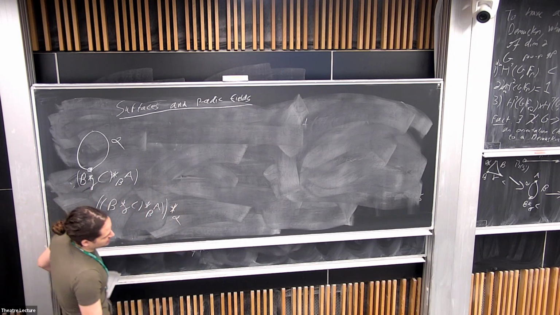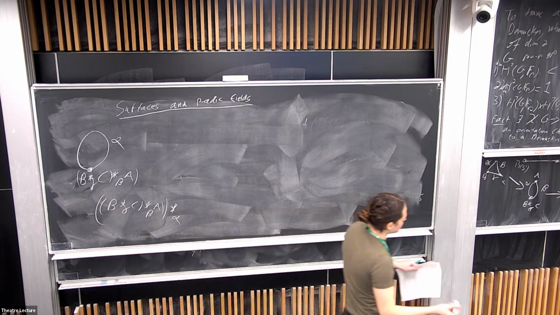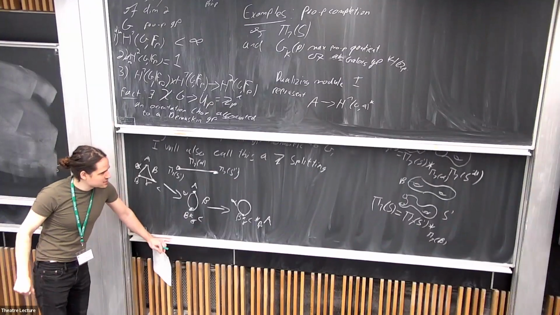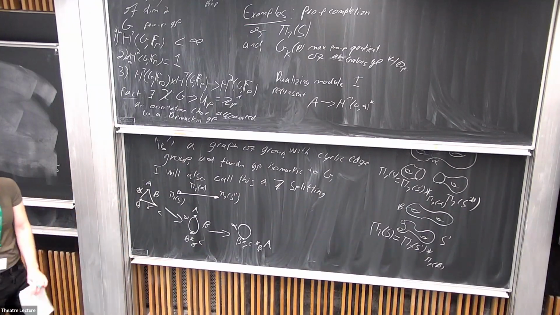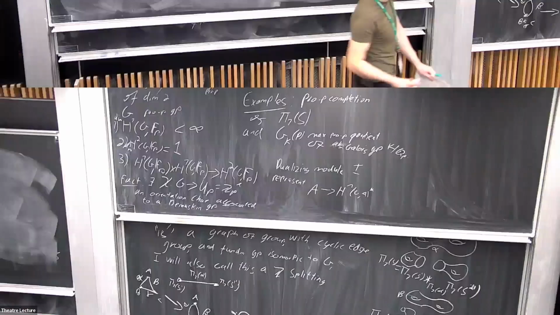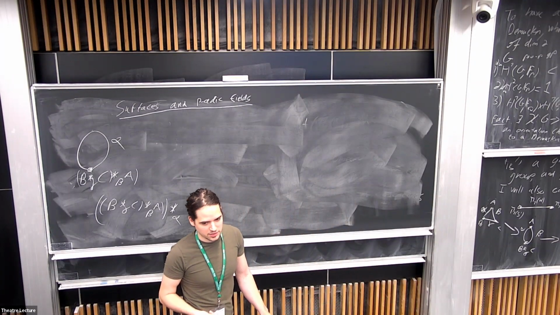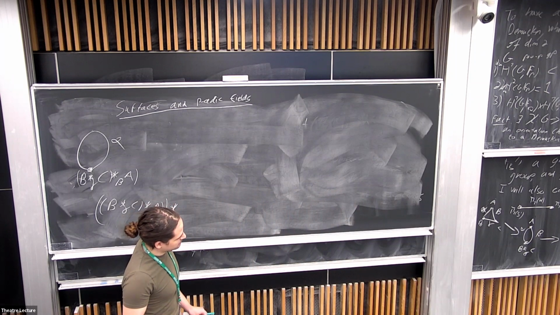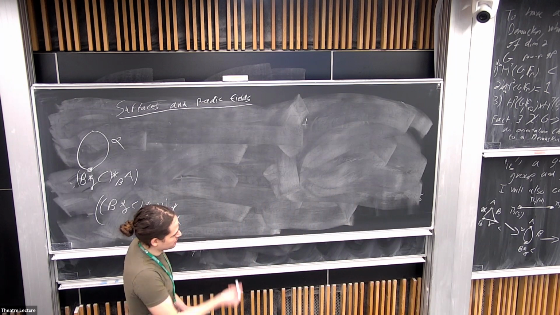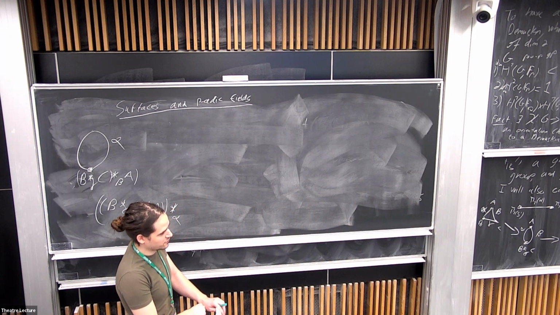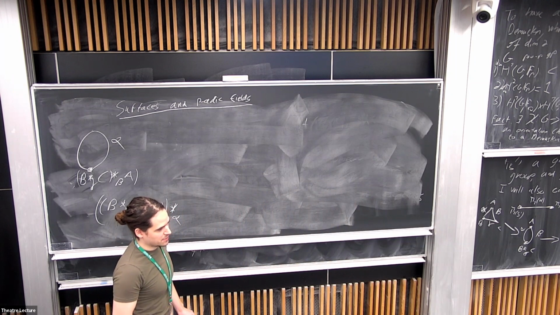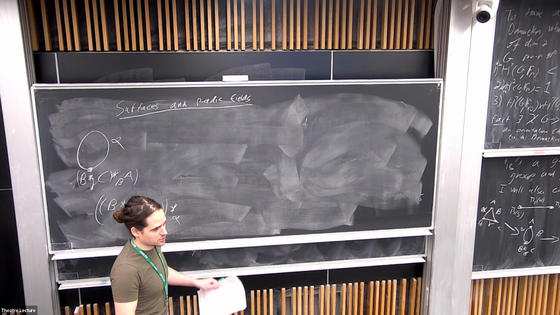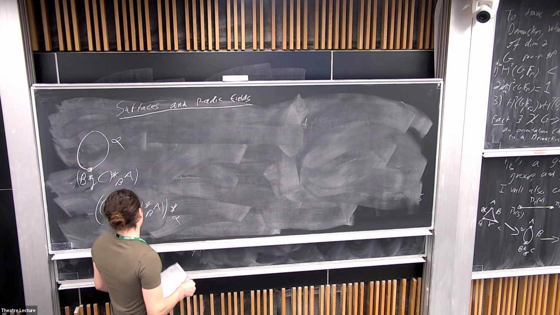And why do I require that all the edge groups be isomorphic to Z? Well, I could take edge groups to be not isomorphic to Z, but if I want it to correspond to curves, then I do want it to be isomorphic to Z, because it needs to be a fundamental group of a curve. But this notion of graph of groups can work also when I split over, say, surfaces, because up to now I've mainly worked with surfaces, but if I want to work with three-manifolds and I cut along some subsurface, then you can also have a notion of this.